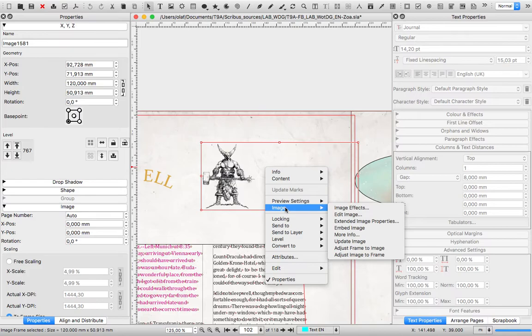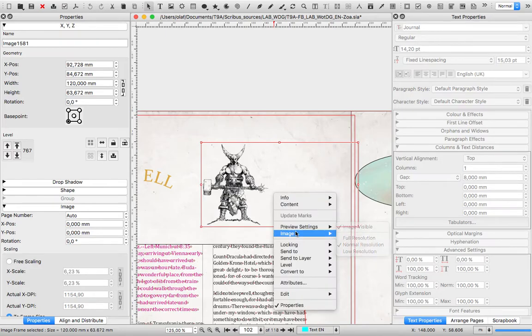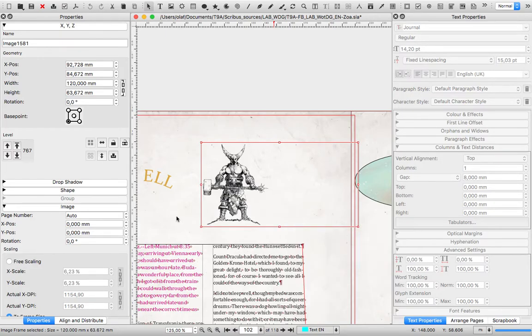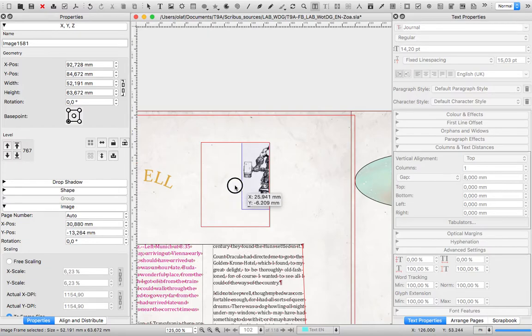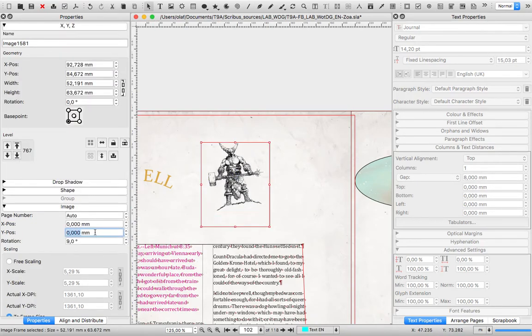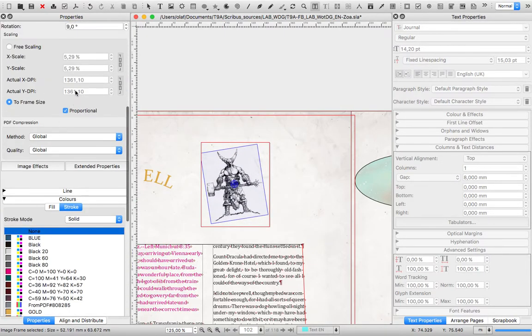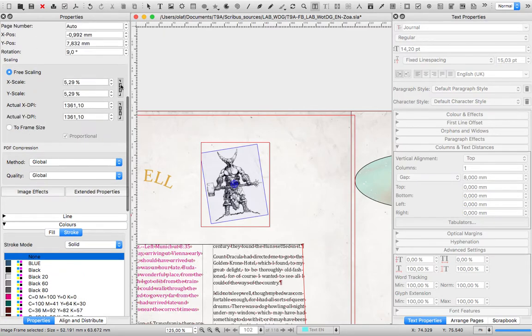An image frame is like a window. You can move the frame's content without changing the image frame position or characteristics. Go to the Properties palette function named Image and move the image within the frame with your mouse, or select its position within the horizontal or vertical axis of its frame. Within the Properties palette function named Image, we can change the scale of our image, either keeping its proportions or changing them. Let's see other ways to manipulate our pictures.